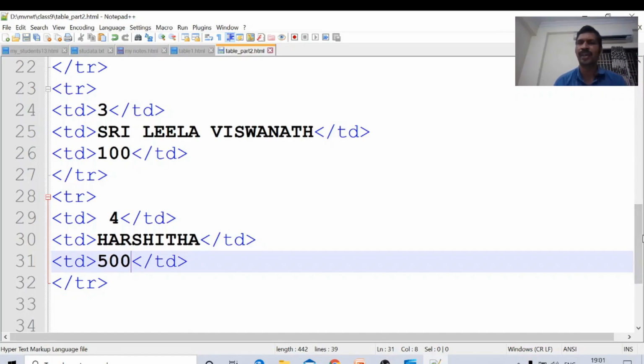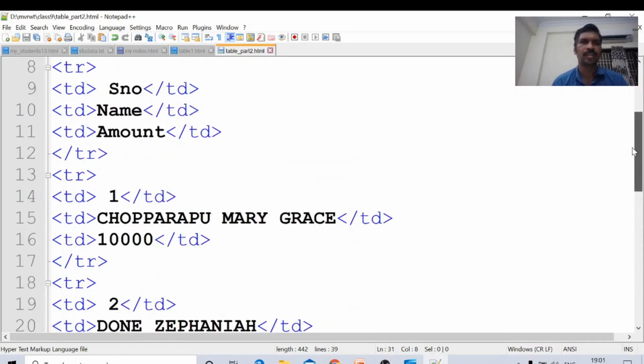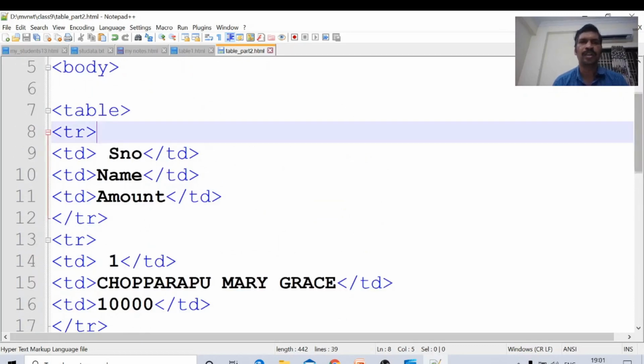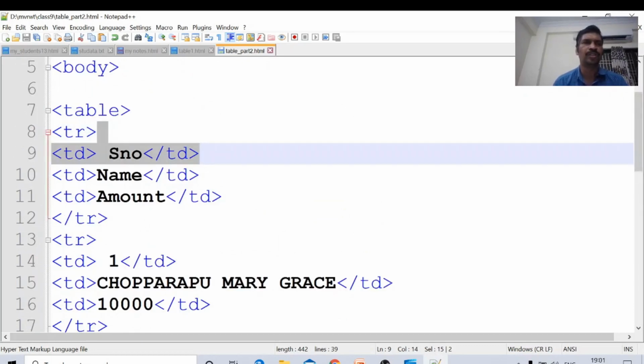Just this table, see, observe the structure. How many rows does the table have? This is the first row, second row, third row. There are 5 rows and 3 columns. Control S. Before going through the attributes of this table, I will first display it to see whether it is displaying or not.